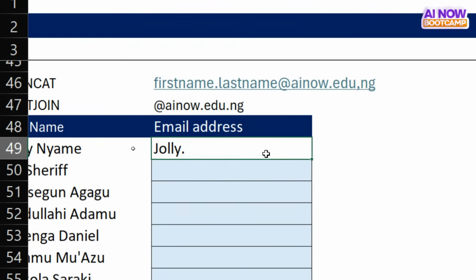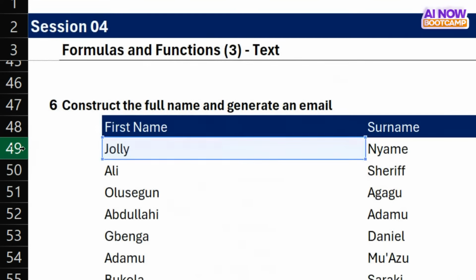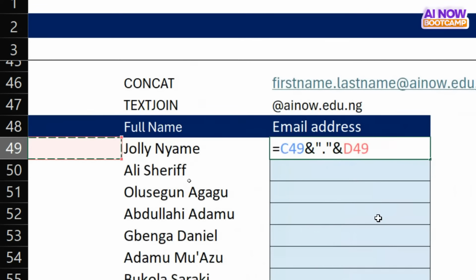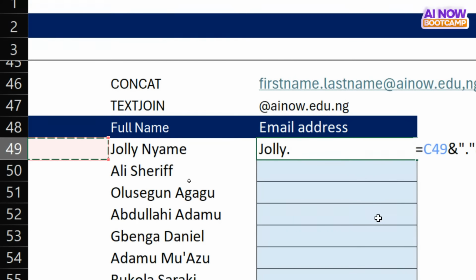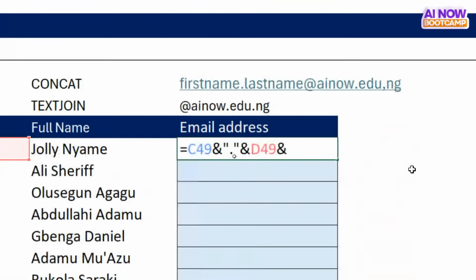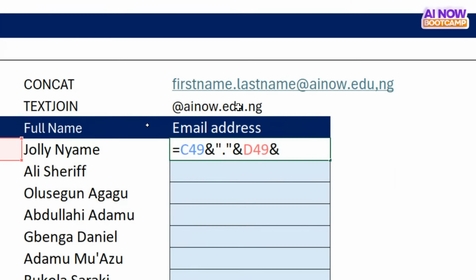I pick the last name here, like so, and then I add the ampersand again, and I pick ainow.edu.ng. So what might help in a case like this is you already have what you want to use as a constant,